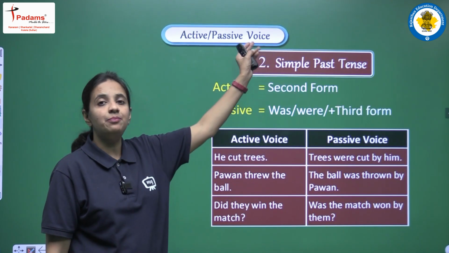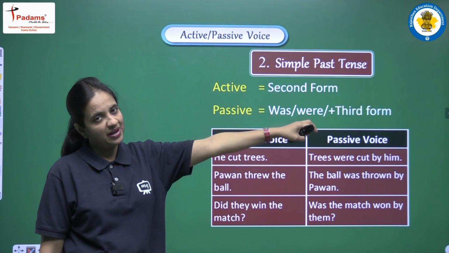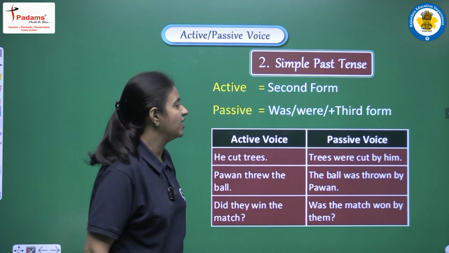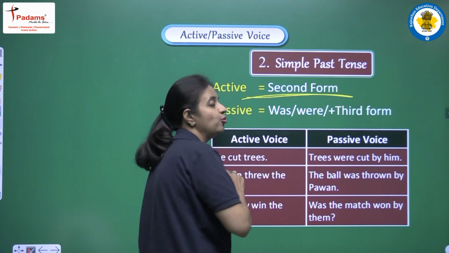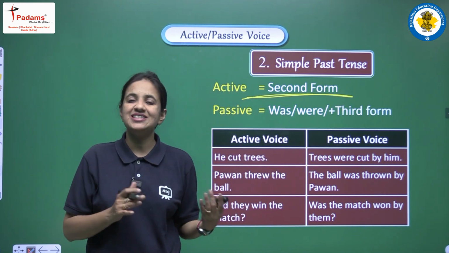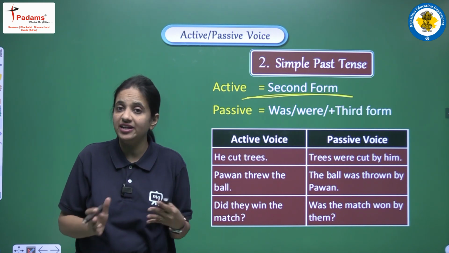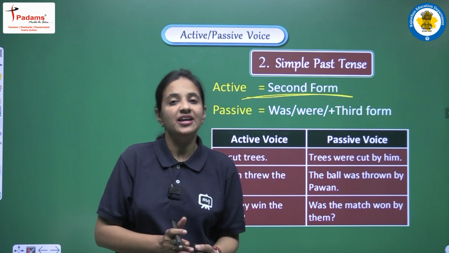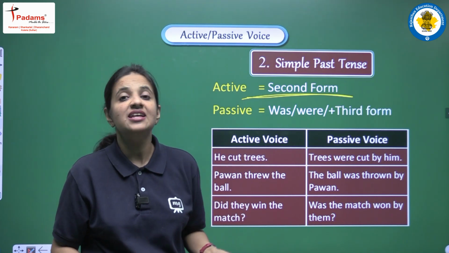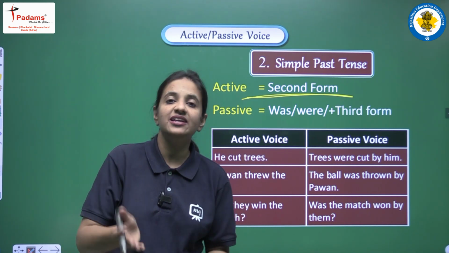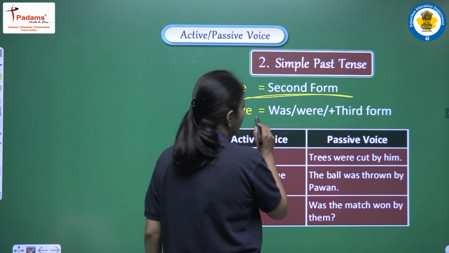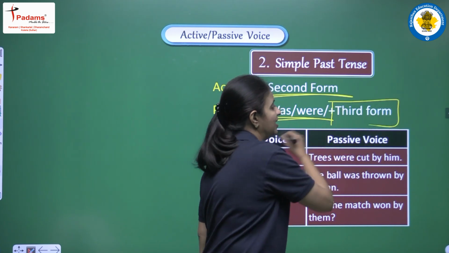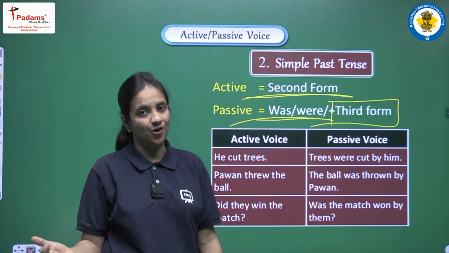Moving on to our second tense. Now we are having simple past tense. So simple past tense भी हमने बहुत डिटेल में already कर चुके हैं. If in the active voice we are having the second form of the main verb, it means we are having past simple tense, right? Because helping verb hidden होगी, did use नहीं किया हुआ होगा, और main verb की second form होगी. It means we are having past simple tense. And yes, if past simple tense is there in active voice, then in passive voice we have to use was or were. And yes, main verb की हमें पता है, we have to use only third form, right?